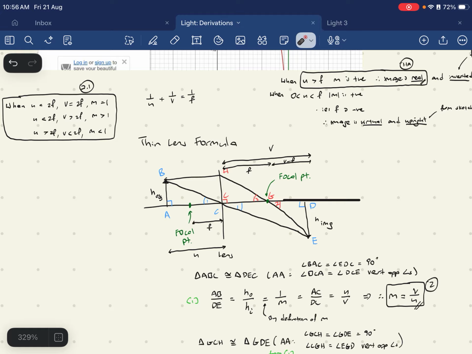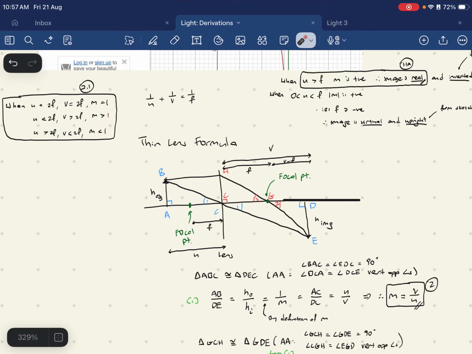So you see that if U is 2F and V is 2F, then the magnification is 1, right? Because the magnification is V over U. And then what happens if U is less than 2F? It's a fraction, so if you divide by a smaller number, it becomes bigger. So this other term has to become smaller, and it becomes smaller by dividing by a bigger term. So you see that if U is less than 2F, then V is more than 2F. So if V is more than 2F and U is less than 2F, then the magnification will be greater than